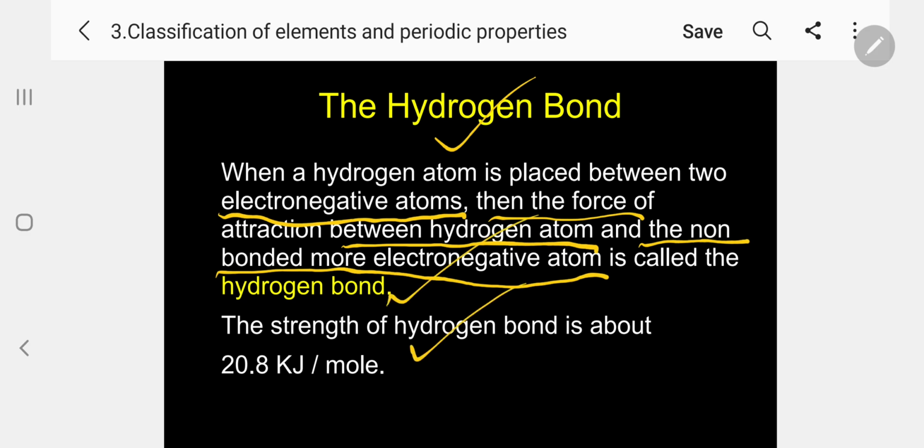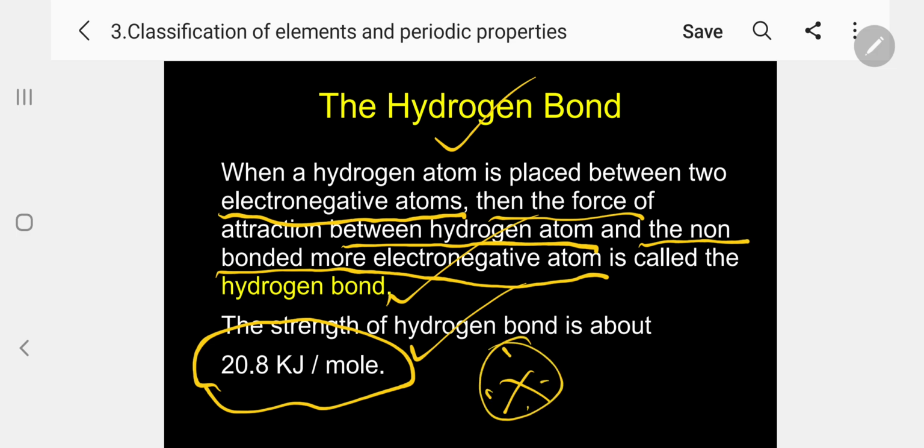Hydrogen bond strength is approximately 20.8 kilojoule per mole. This you have to memorize. Sometimes a question can be asked. The strength of hydrogen bond is 20.8, 18.8, 19.8, like that a question can be asked. Kindly follow. Next,